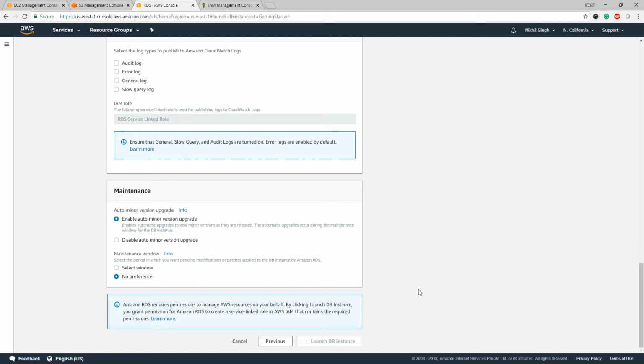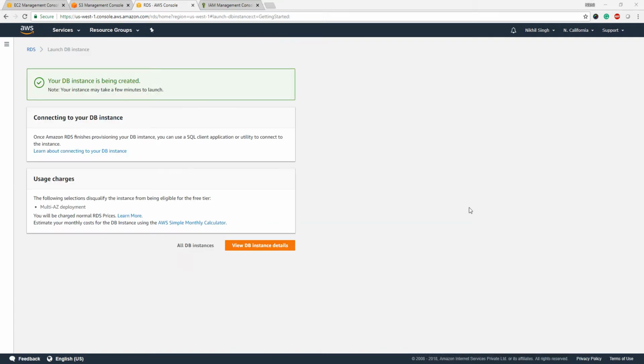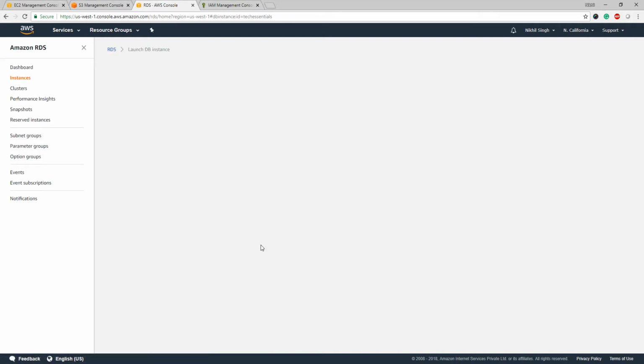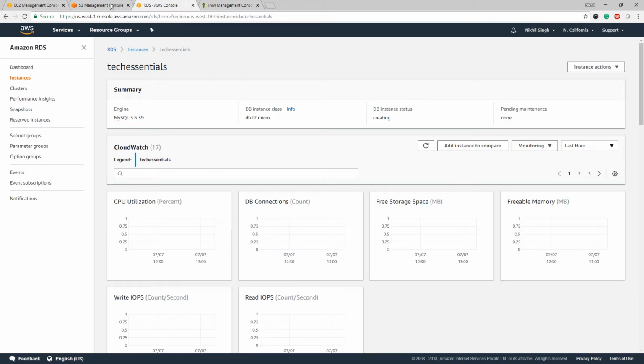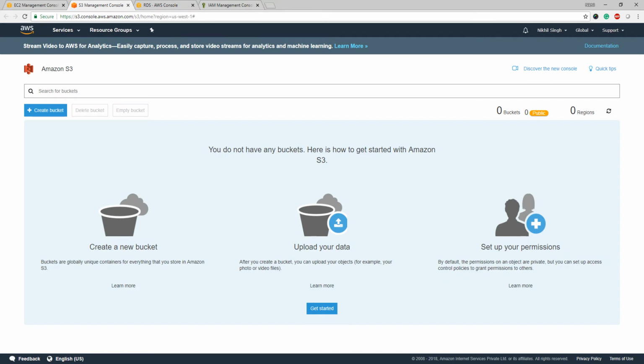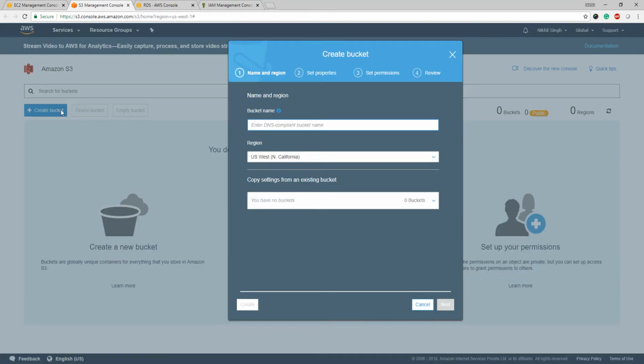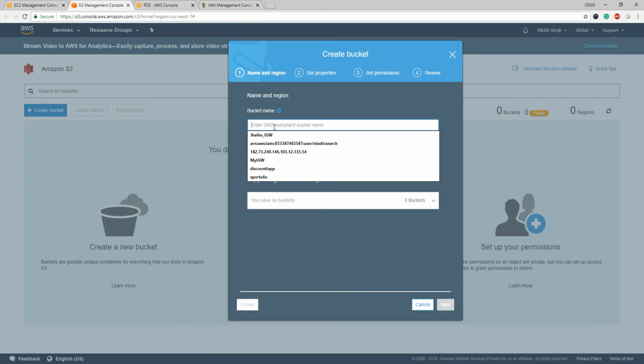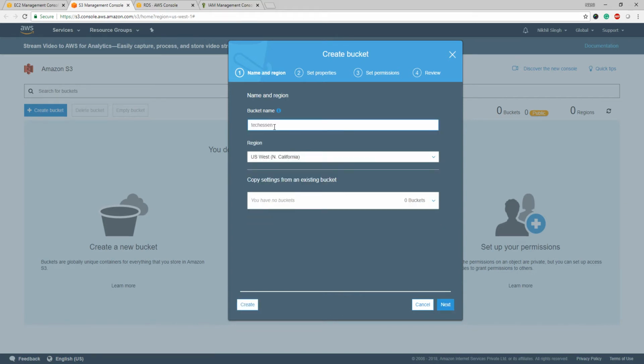This is going to take time to launch. Meanwhile, let's just go ahead with S3 and do it. See, the instance is being created. Let's go to S3 and move ahead. We'll create two buckets. One will have our code and one bucket will have all our media files. Let's give it a name, tech essentials